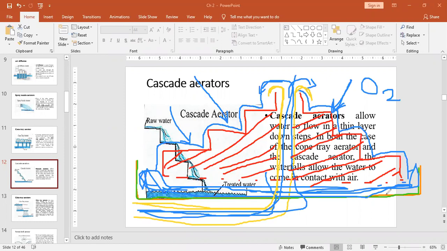This entire water will be collected in a tank, and because it is collected in a tank and allowed to remain in contact with the dissolved oxygen for some time, the further process of oxidation of iron and manganese is also getting done with the cascade aerator. That's why in a cascade aerator multiple objectives with respect to aeration are being achieved, and that's why in a water treatment plant usually they use the cascade aerator.